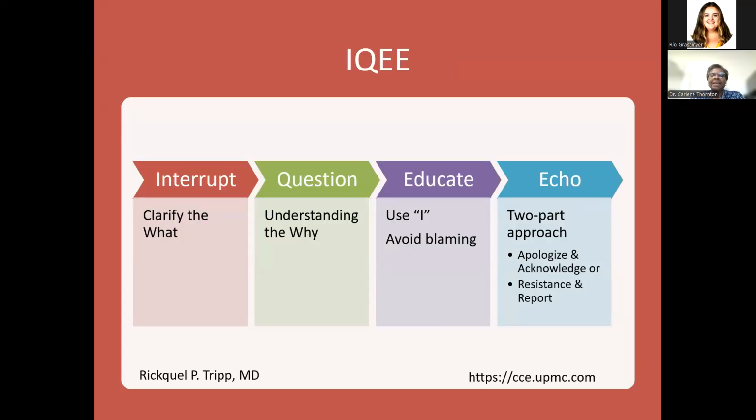Now, the I key, which is we interrupt and we ask for clarity. Wait, what did you say? What did you mean by that? Explain to me the why. Provide me a little bit more detail so I can understand what you mean when you say X, Y, and Z. And then I need to know a little bit more. I'm not familiar with that, but just explain to me a little bit more.